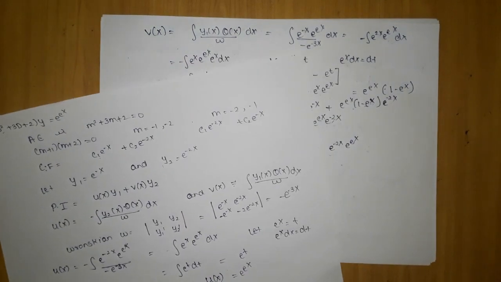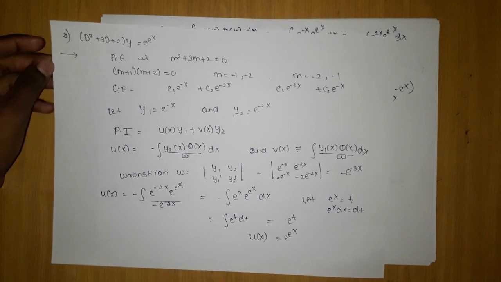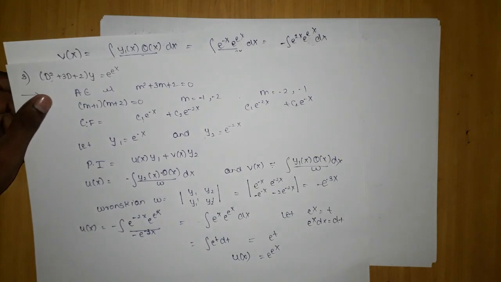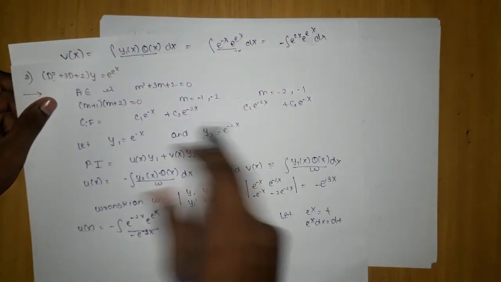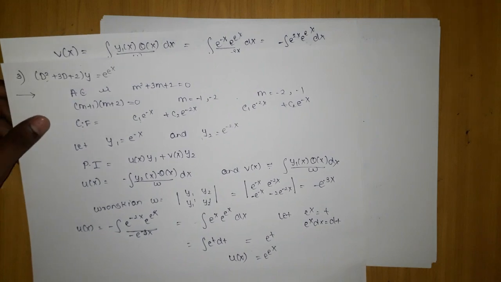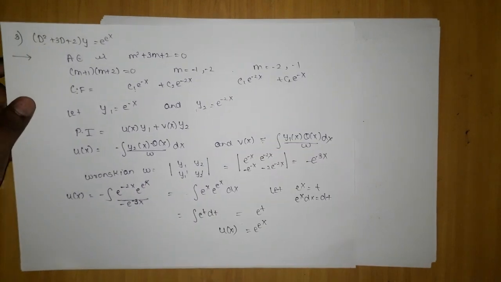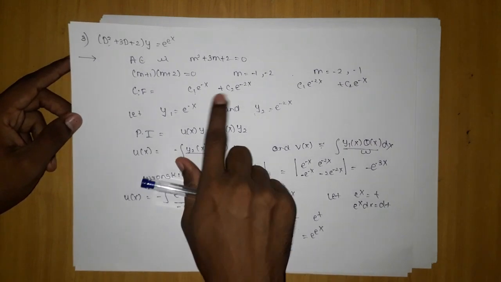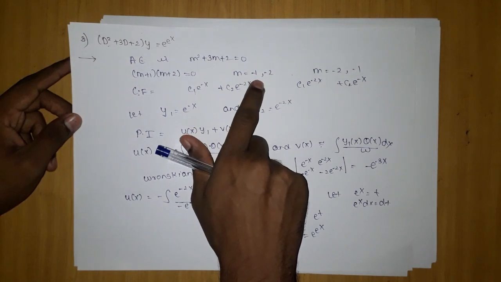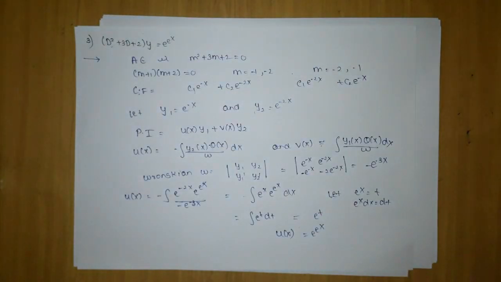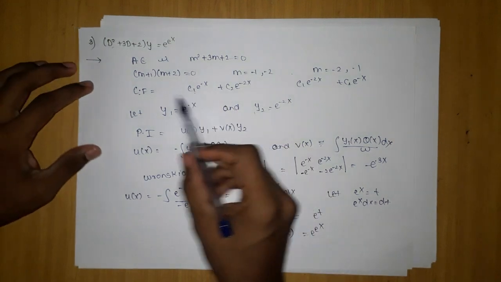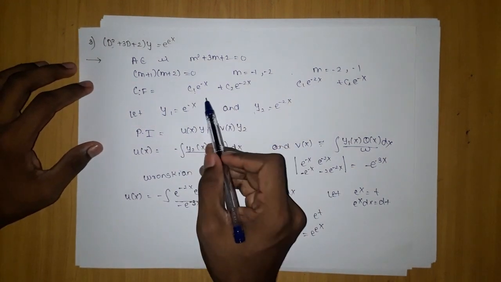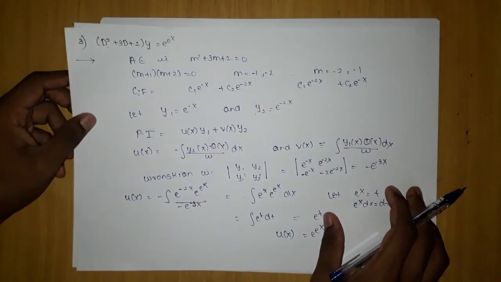So let's verify. We will verify only once and it will be true for all. Now we are going to interchange y1 and y2. Why? Because any person can take this as y1 or y2 and write the complementary function. It can be anything. So for your understanding, I am just doing the problem again so that you understand that even if I take y1 and y2 differently, because if I write the m as minus 2 first, I will write the complementary function differently, so my y1 and y2 will be different. So I want to clear that point.